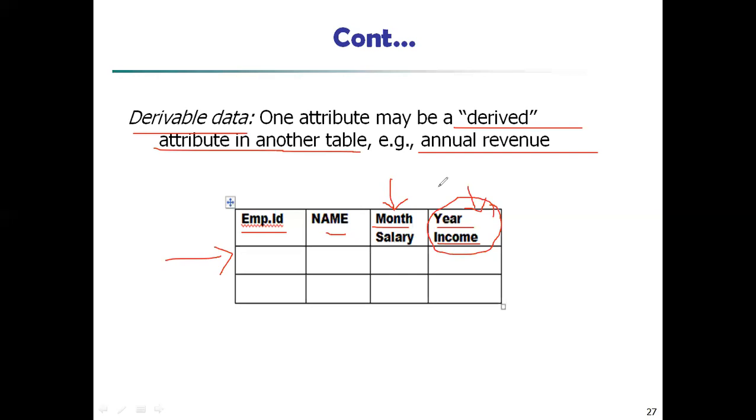Not only this, if you have the date of birth and the age in a single table, for example, take the same table and this employee has two more columns, one is DOB and one is